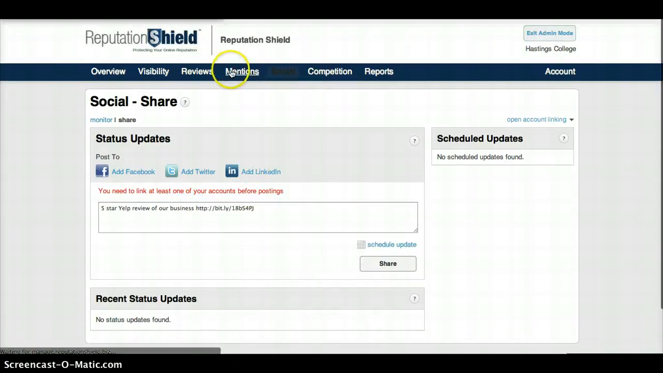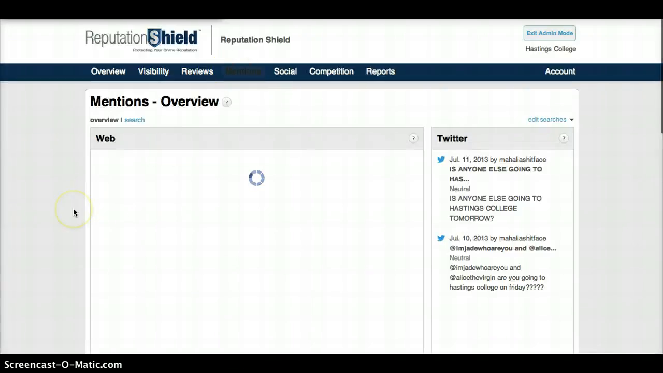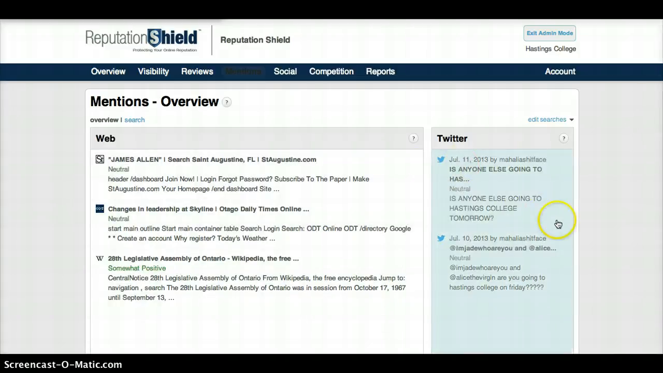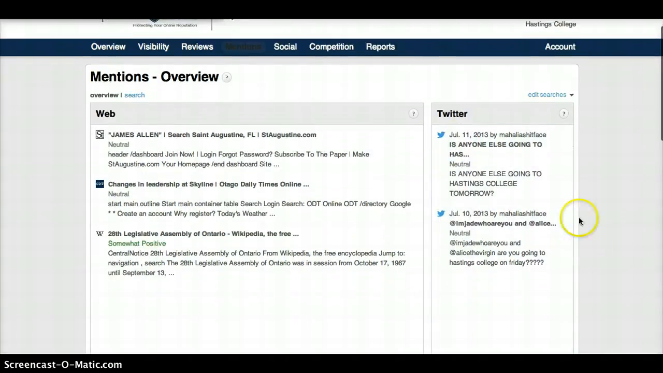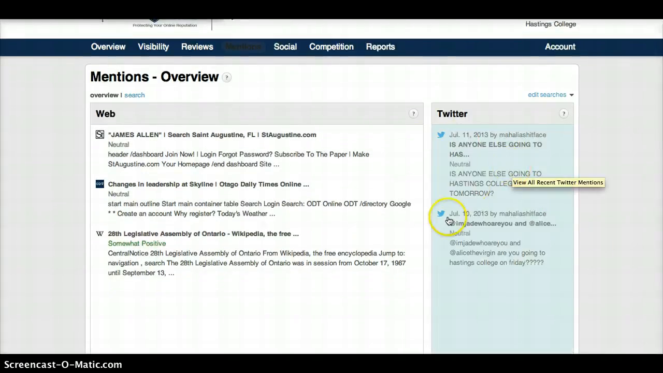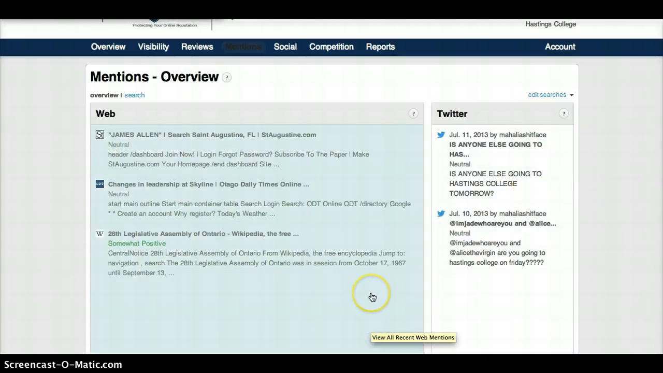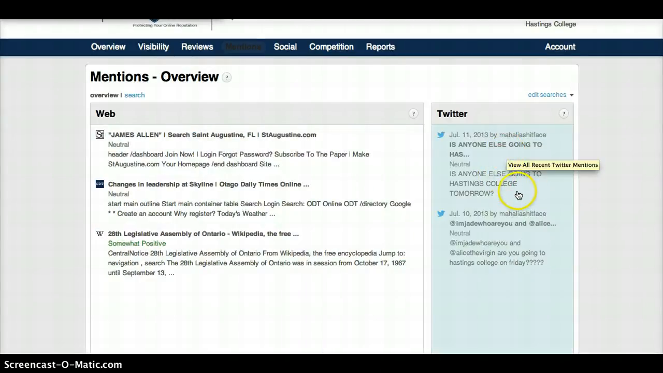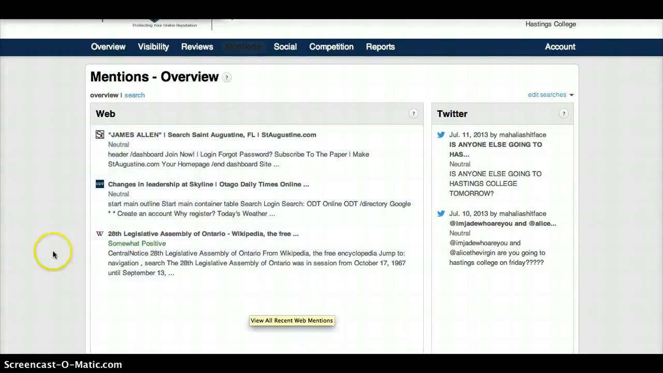So if we go back and we look at mentions, we can get a little more in depth with those keywords we plugged in. Somebody else can be talking about the college on Twitter, and you can join that conversation. So someone's saying, is anybody else going to the Hastings College event tomorrow? You can join that conversation and say, hey, we'd love to have you there. This is Tom, the social media guy at Hastings College,